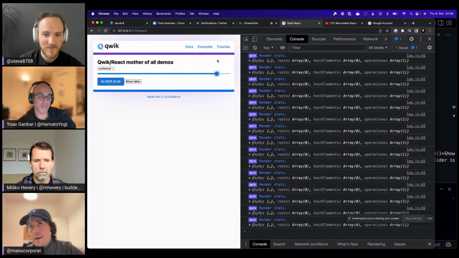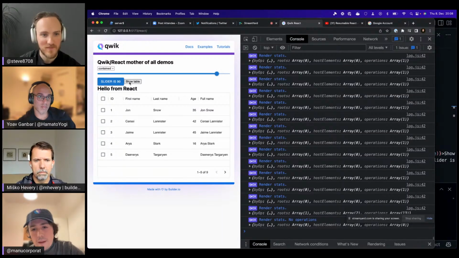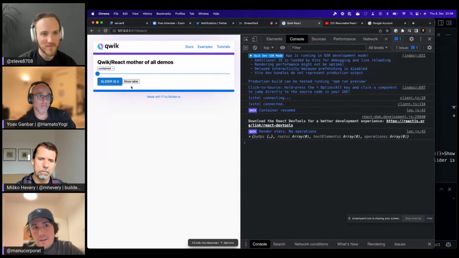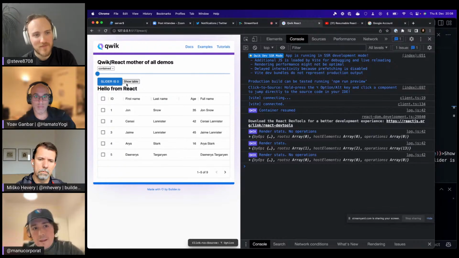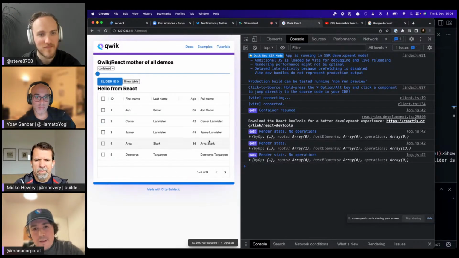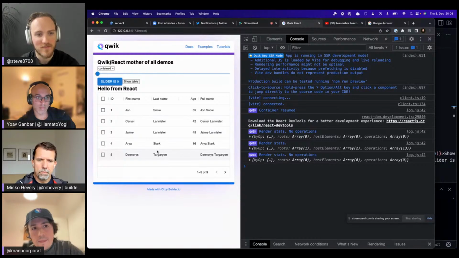And one thing I missed is that the show table is interesting as well, because notice that the show table was never rendered on the server in the first place, right? That's relevant. If we refresh and then show the table, this thing is rendering for the first time in the browser. So it's not hydrating.